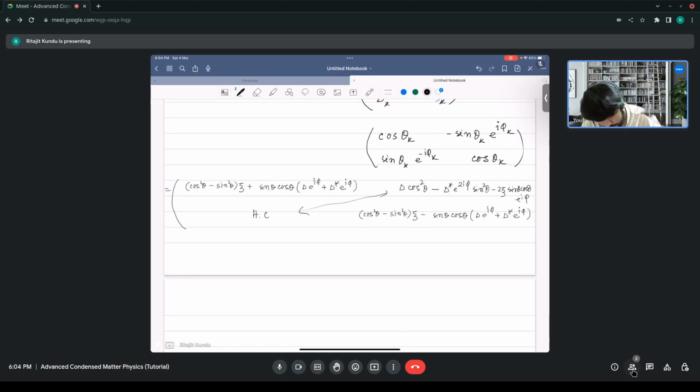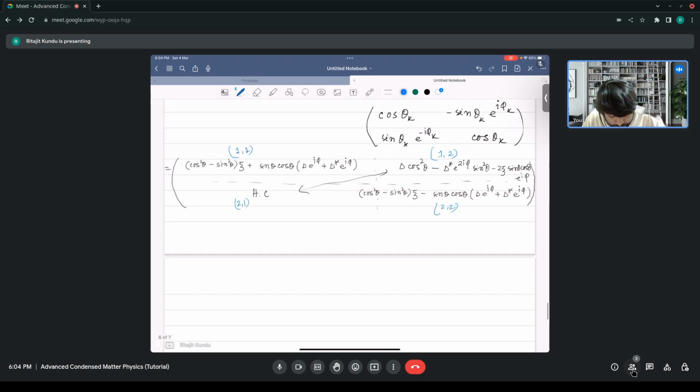You see that, because we have not fixed theta and phi yet, we have four terms in the Hamiltonian. This is my 1 1 term, this is my 1 2 term,